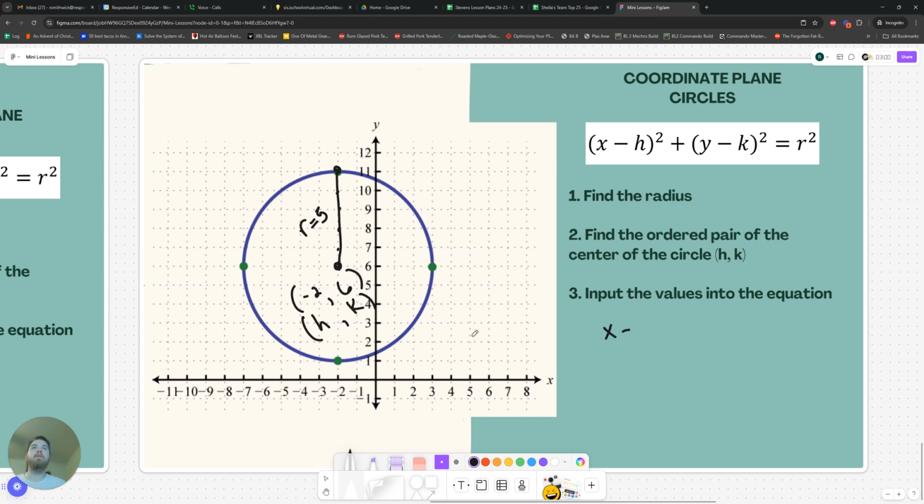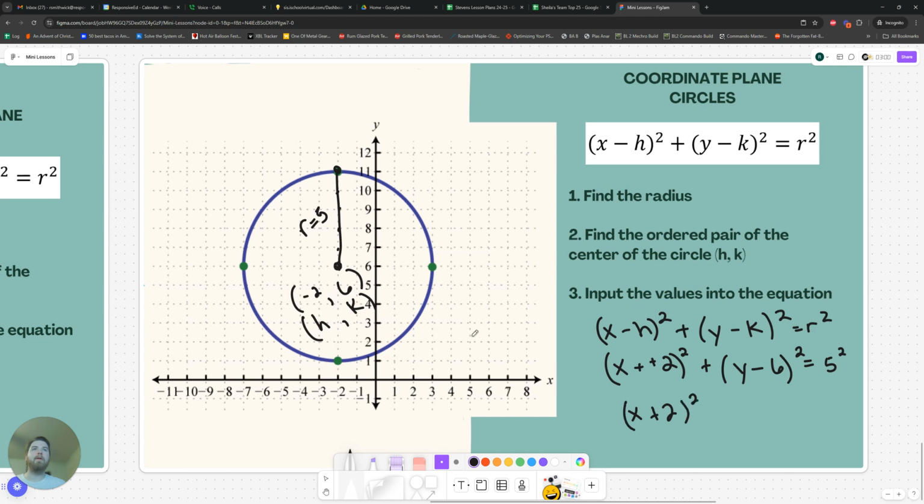Then I just need to input them into the equation. So x minus h squared plus y minus k squared is equal to r squared. Now I'm just going to plug them in. So x minus h, so it's x minus a -2. Don't forget, when you have minus a negative, you change that to a positive. So it's really going to be x plus 2. And then you've got y minus k. K is 6. And then squared. And then r squared is just going to be 5 squared. And so when I go through and solve this out, I get x plus 2 squared plus y minus 6 squared is equal to 25. That's the equation for that circle in the coordinate grid. And that's what you need for